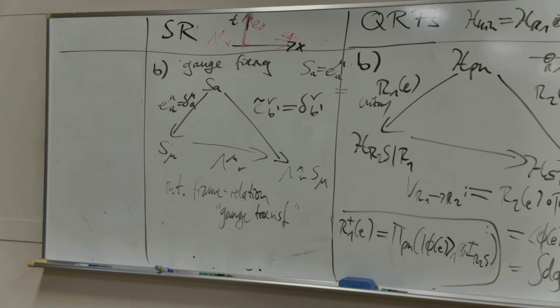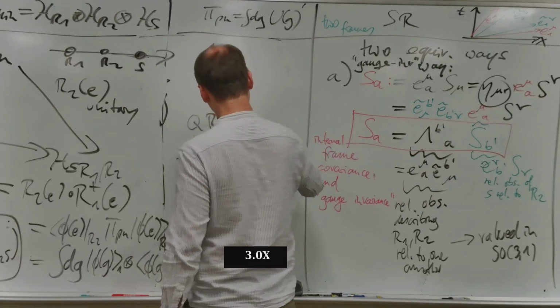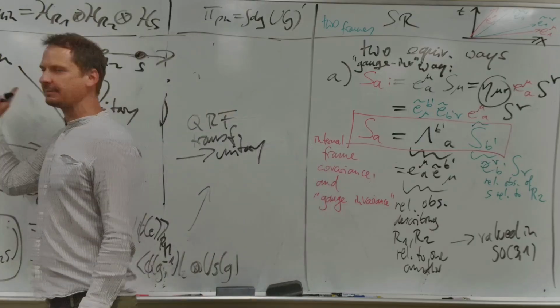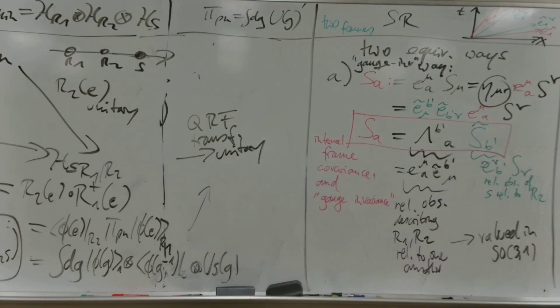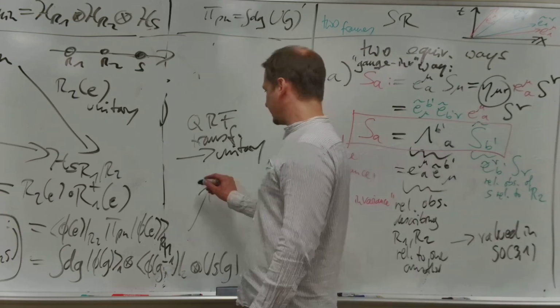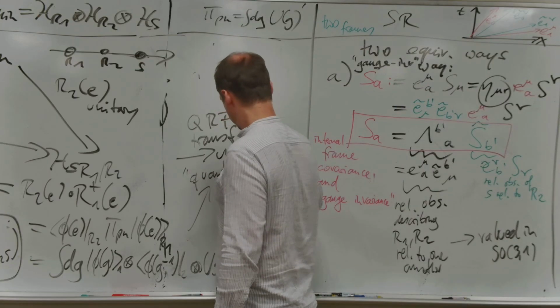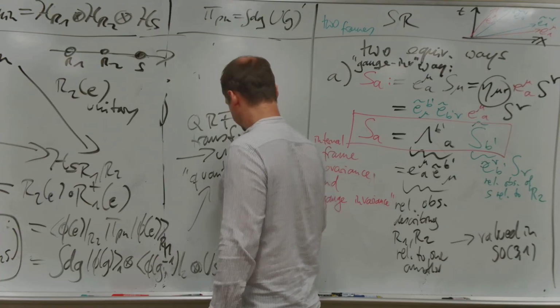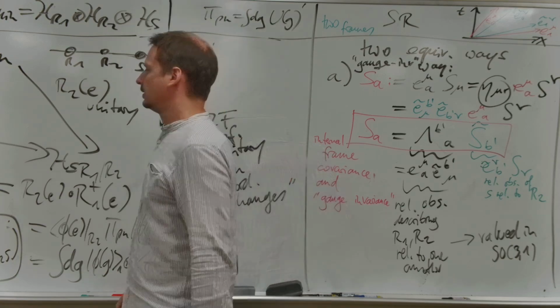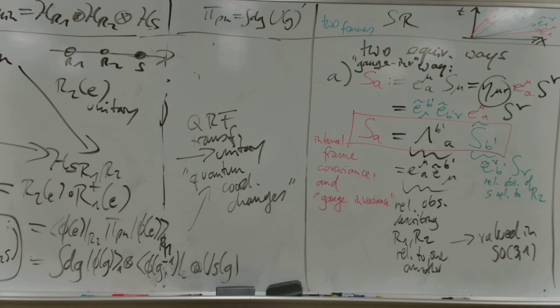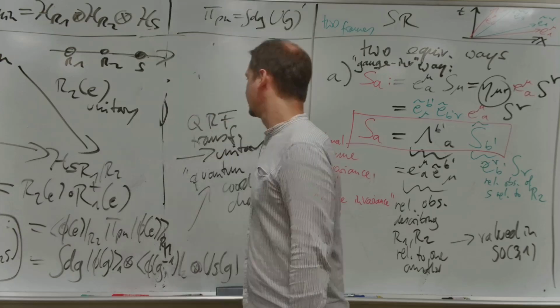And so this is basically where I want to end up. But so these are what the reference frame transformations. They're unitary because these maps are unitary, so I'm just inverting unitaries. And you can really think of them as quantum coordinate changes. So this here is a literal coordinate change of background coordinates here in special relativity, and that's really a quantum